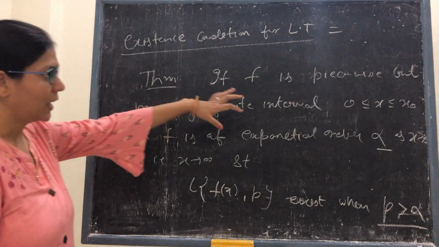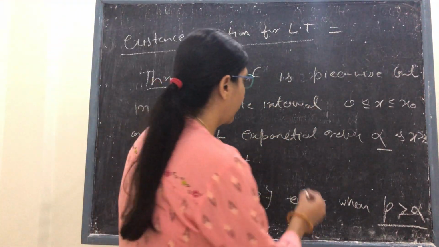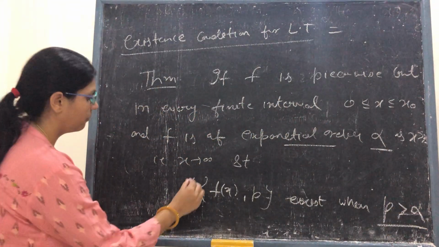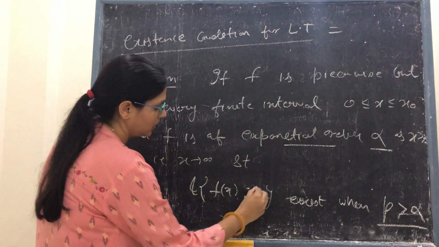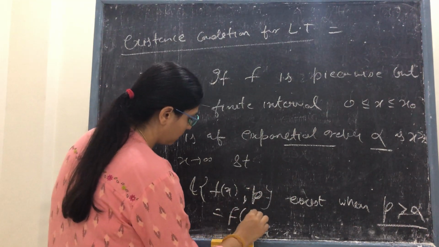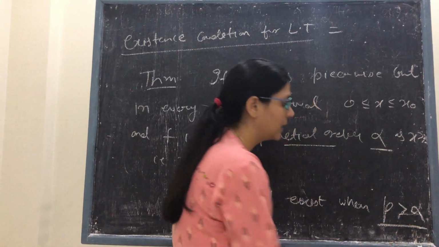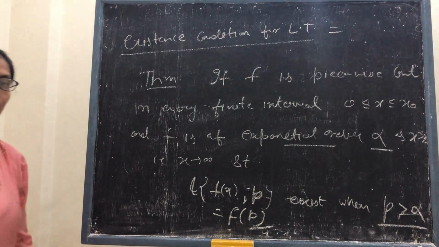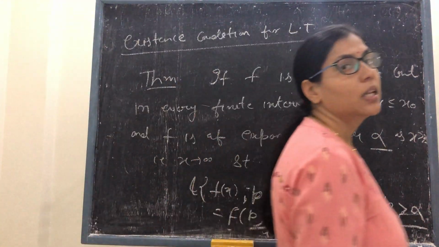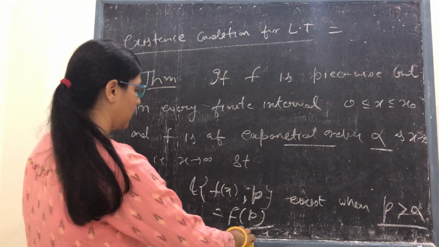If our function f is piecewise continuous and the function has exponential order alpha, then the Laplace transformation of function f(x), which we denote by F(p), exists only when p is greater than alpha. p की जो वैल्यू है वो अल्फा से ग्रेटर होनी चाहिए। अगर अपना लाप्लास ट्रांसफॉर्मेशन इस कंडीशन को फुलफिल करता है तो बोलेंगे लाप्लास ट्रांसफॉर्मेशन एग्जिस्ट करता है, अदरवाइज नहीं।